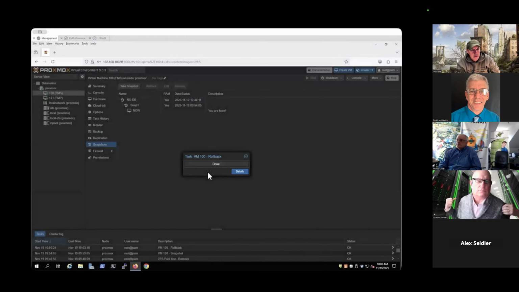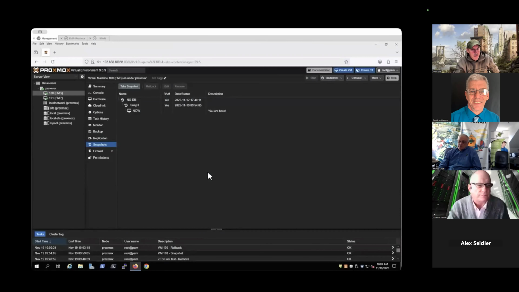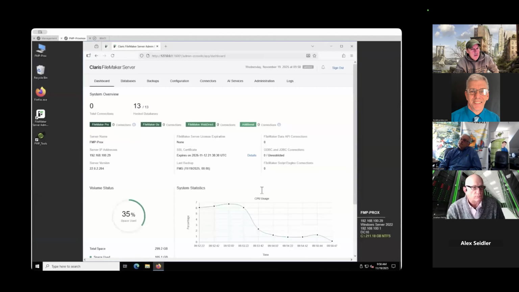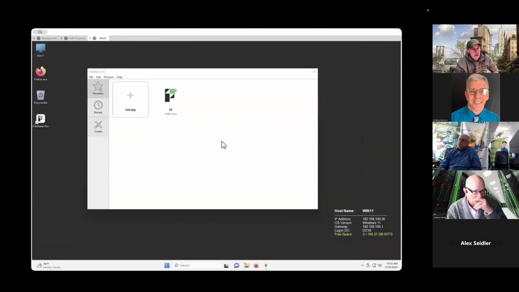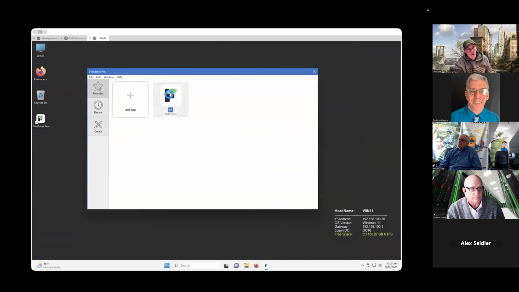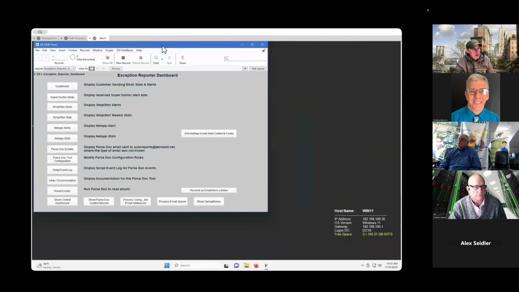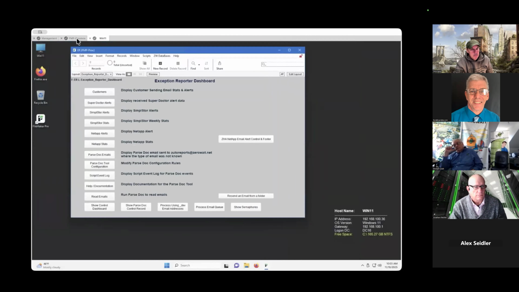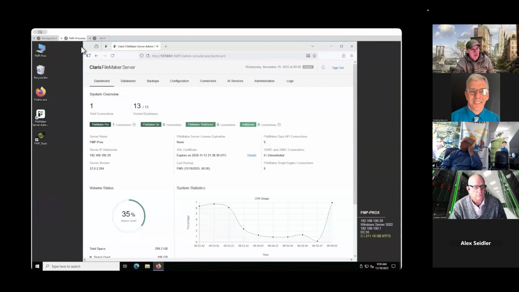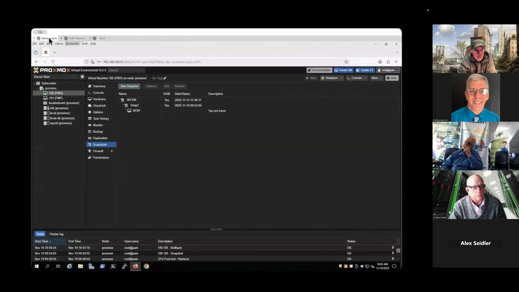All right, now let's see what we've got. We're going to go check our FileMaker server, and since we saved the system state with the RAM option, the server's online and all the databases are mounted and open. Now we're going to verify that. We're going to go to a client and open up one of our apps, and it pops right up. And then we can go back to our admin console and see that, yes, we've got one total connection that is on the server. So this is just one of the features that Proxmox is able to provide for any operating system.